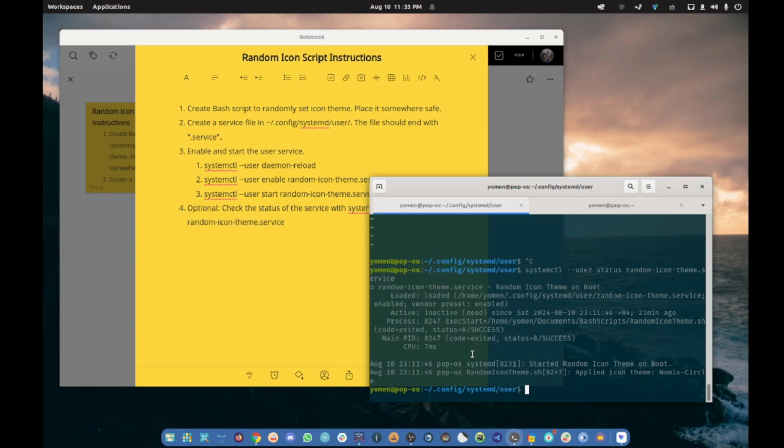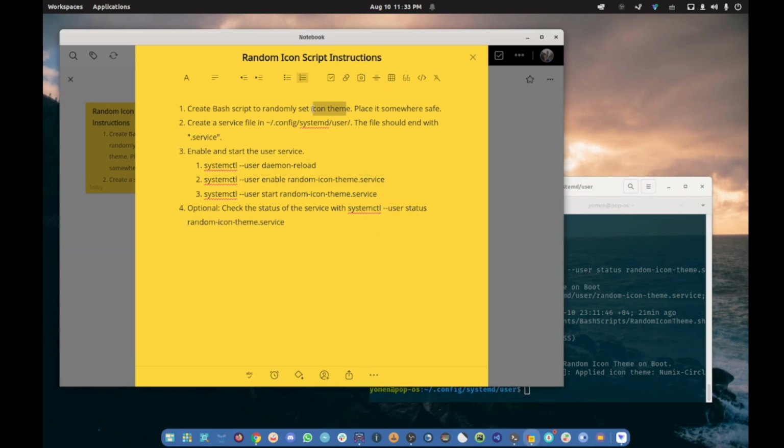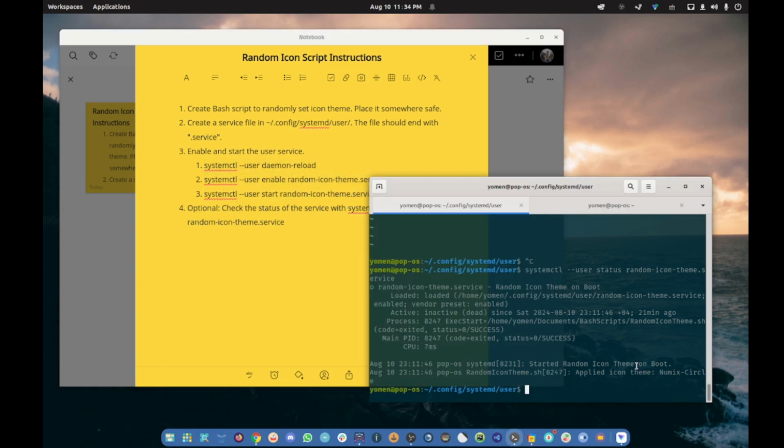I'll put this as a GitHub, these two, the script to randomly select a theme and set a theme, and the service file. I'll make a GitHub with those 2 files so you can copy paste them pretty much. Just change what I told you and put them in the right directories. And I'll paste any commands you need, the chmod and these commands, in the description. Other than that,